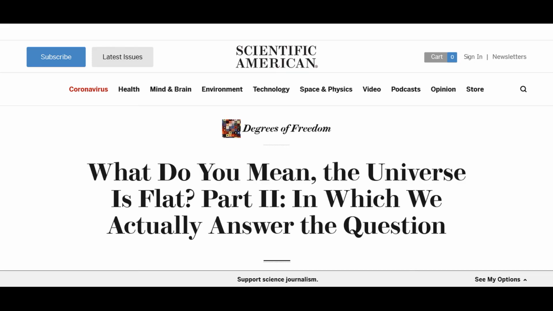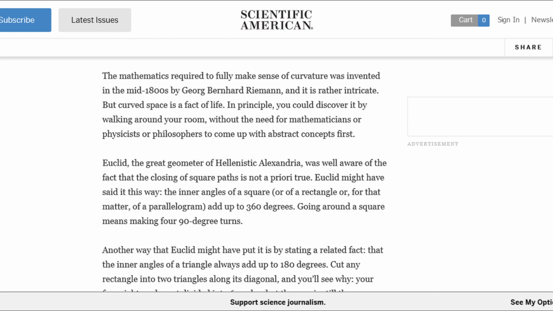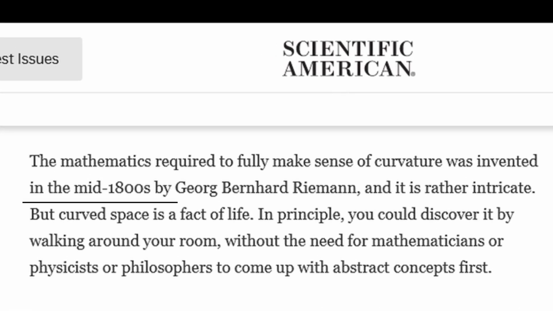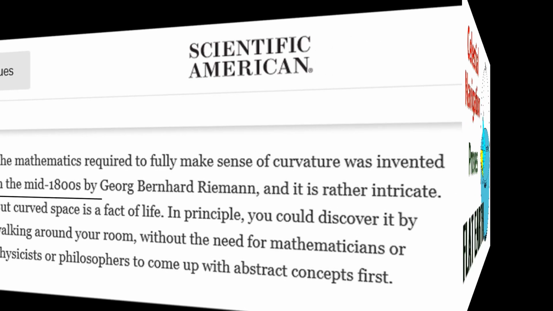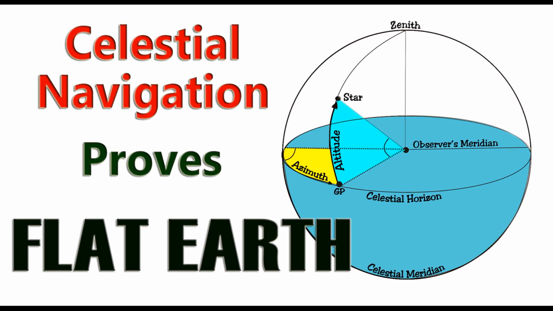It wasn't until the 1800s, yes, 1800s, you heard it well, that the ball earth geometry was introduced by a German mathematician. His name was George Bernhard Riemann. So why do we really need ball earth math once the whole world had already been mapped out and divided using flat earth geometry? Apparently, just to give life to a globe earth idea. Globe earth math is not used anywhere, and that's what I'm going to show you today.